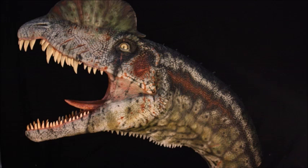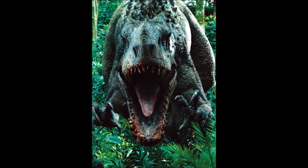And I just want to bring up quickly a point that kind of cements this idea that there will be wild dinosaurs still in the park that haven't been captured. Because if some people have played the app game, the Jurassic World app game, which kind of gives some information as to what the story or the background of Jurassic World is before the movie comes out, it actually gives out quite a lot of spoilers, including we know that there's the old visitor center,